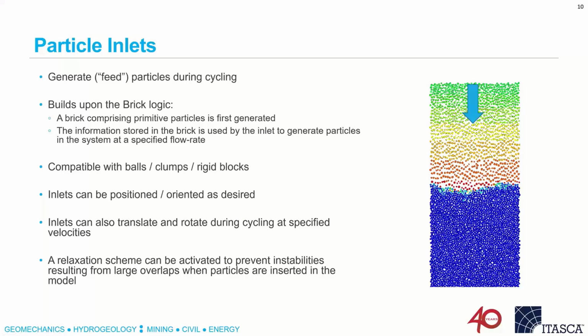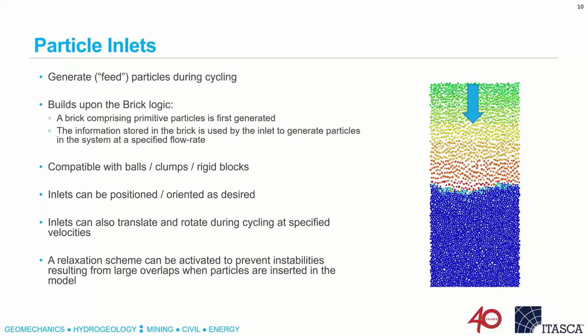And then the inlet logic can use this information to create particles in the system at a specified flow rate. This is something that could be done with a complex FISH function before using balls, but was very involved if you wanted to use clumps or rigid blocks. Now this inlet logic is compatible with clumps and rigid blocks